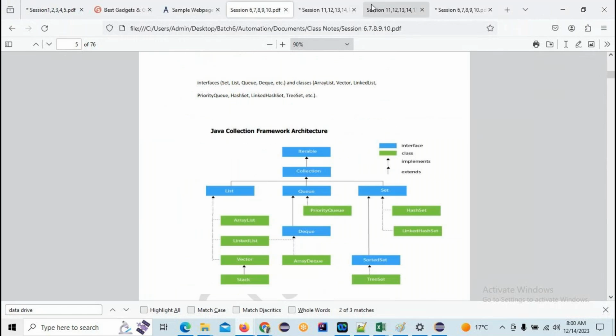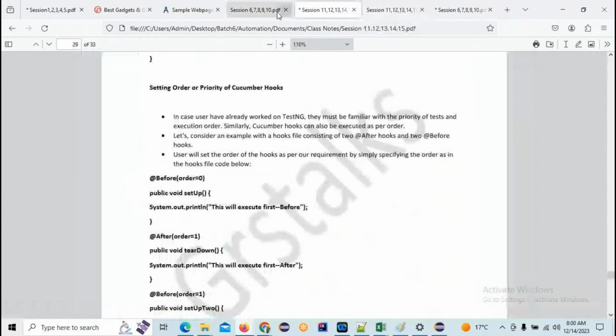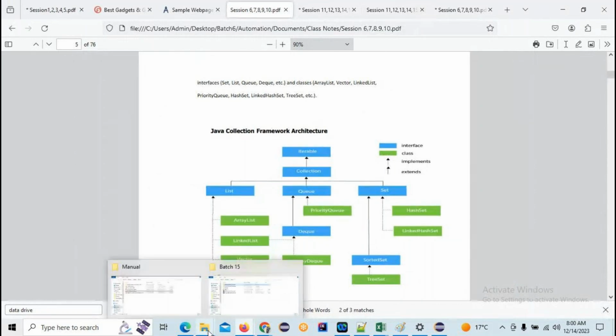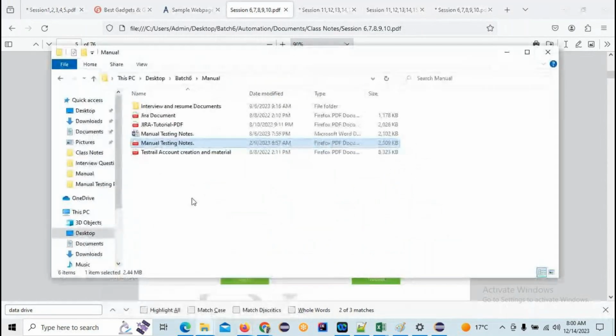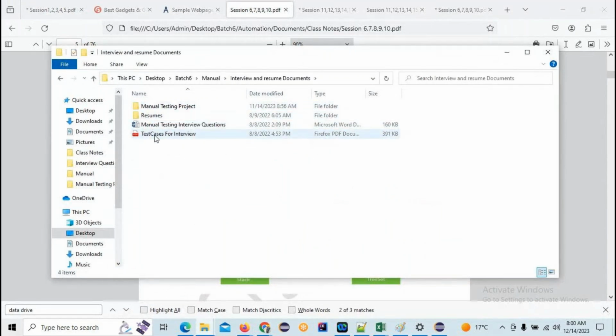In total, 3 PDFs are there for the automation. Each PDF will consist of 5 sessions. Okay, here if you come, these are some interview questions material as well, and the manual testing project materials,